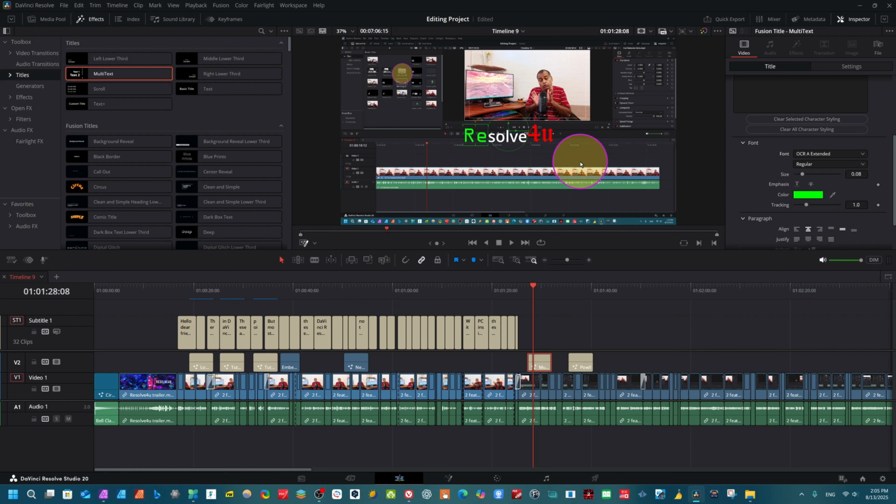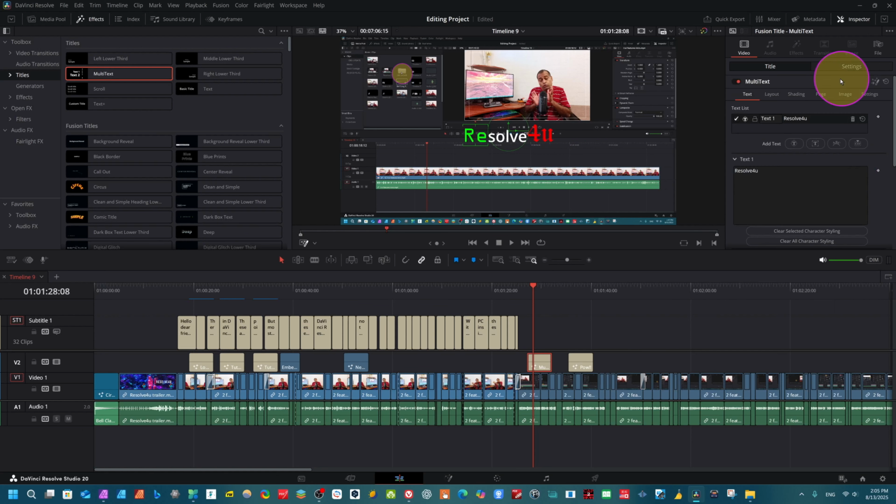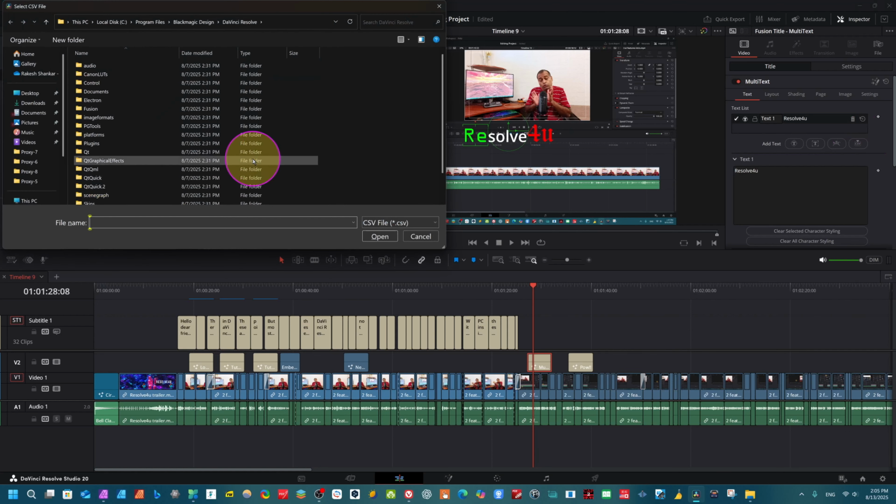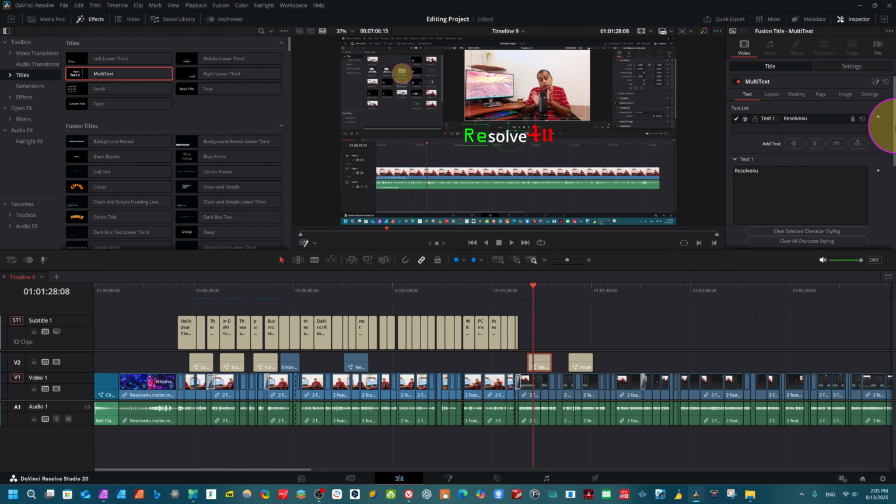It's actually a very good feature for multi-text, and there is also a new feature in multi-text. Now in multi-text you can export CSV. You see here, CSV file. If you have a CSV file for your text, just click here on your computer and you can directly open it, and you can use it here for multi-text. So these are the new features. You can customize any letter inside a multi-text here, and you can add more text here.